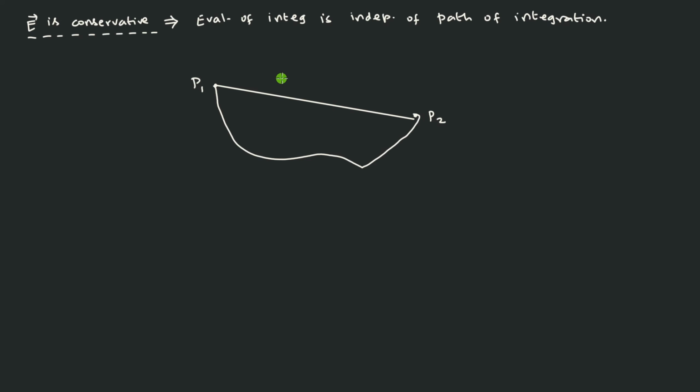This is the original one that is given: you travel along this straight line path. But I am not going to travel along a straight line. So I am going to choose this. For example, I am now drawing another option. I may be planning to choose this particular path to reach P2 here. So P1 to P2 can be reached by a different path. Independent of the path means whether you choose this kind of complicated path or a simple straight line path, it does not matter. Finally you will get the same answer for the integration. That is the meaning of this.